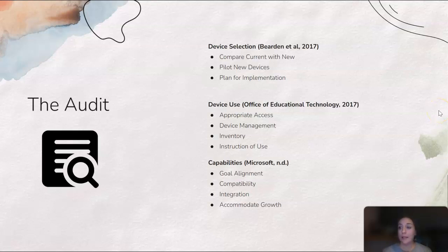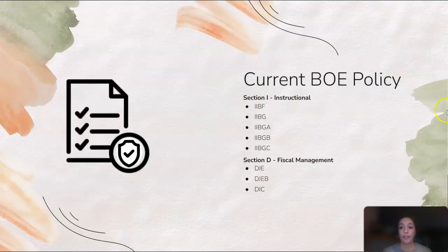So with all of that being said, let's take a look at our current BOE policy, our Board of Ed policy. There are two main sections that would need to be included for sure in the TIA and that audit. Those are section I and section D. You can see on my slide that I have policies IIBF, IIBG, IIBGA, IIBGB, and IIBGC listed under section I. These policies cover acceptable use guidelines, monitoring, internet safety, penalties for improper use, the use of district computers and devices,